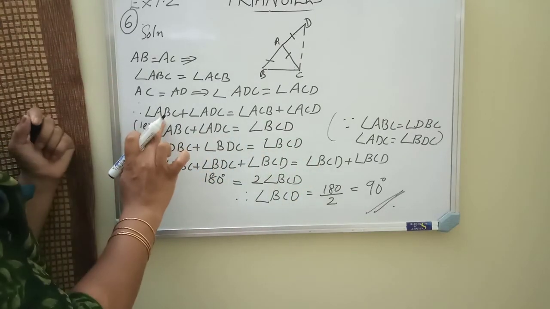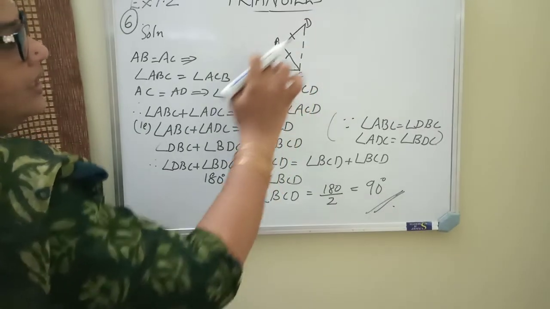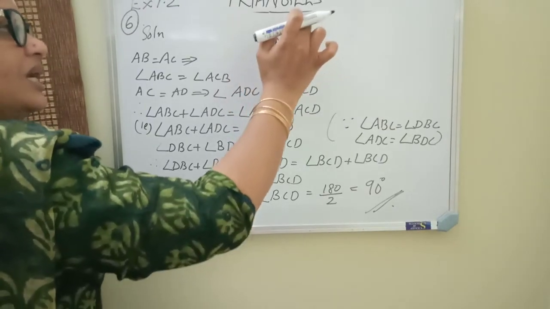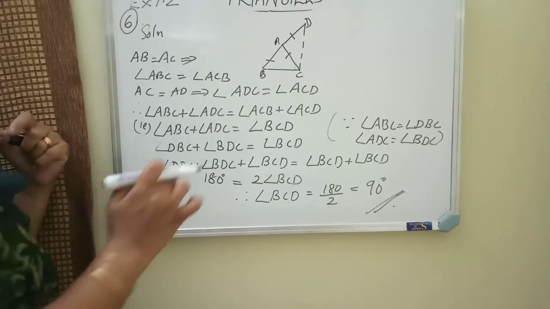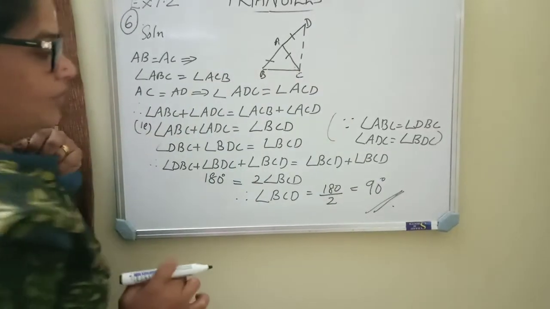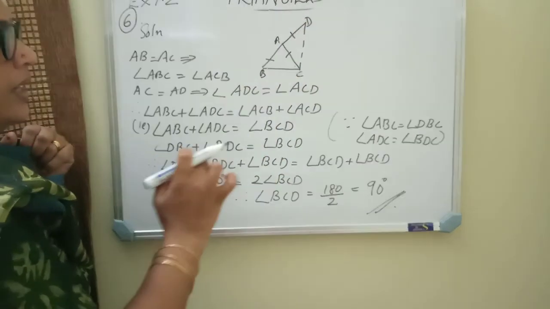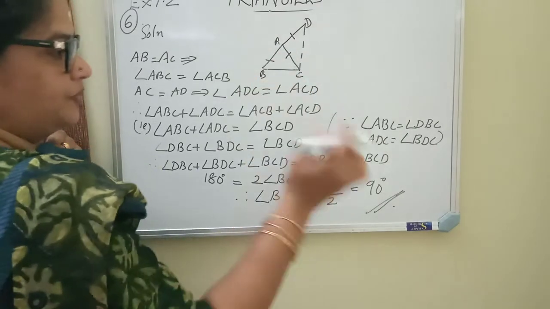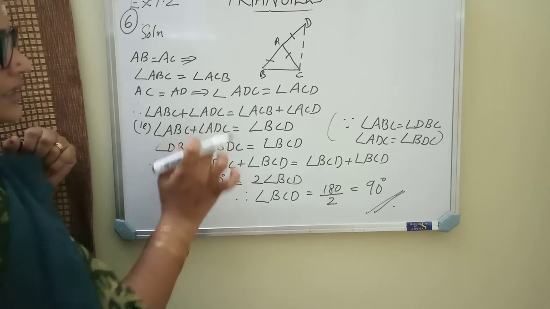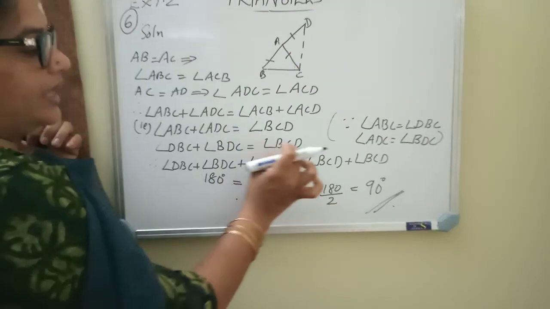The left side is angle ABC plus angle ADC. So see that angle ABC is same as what? Angle DBC, no children? Because D is standing on the same line. If BA is extended, we are getting a point D on the same line. So angle ABC is same as angle DBC. In the same manner, angle ADC is same as angle BDC. Okay. So I am replacing angle ABC by angle DBC and angle ADC by angle BDC. The right side will not change because the addition of these two we will get angle BCD.